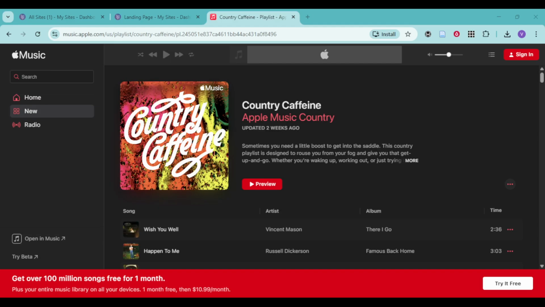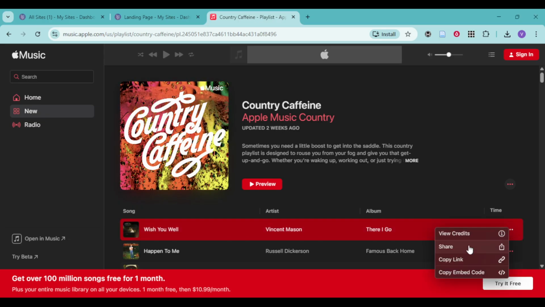First, grab the link from Apple Music. Open Apple Music on your phone, your computer, or in a browser. Find the exact song, album, or playlist you want to share. When you've got it on screen, open the share menu. On most devices, that's the standard share icon or a menu labeled share. Choose copy link. This gives you a universal URL that will open in Apple Music or on the web, depending